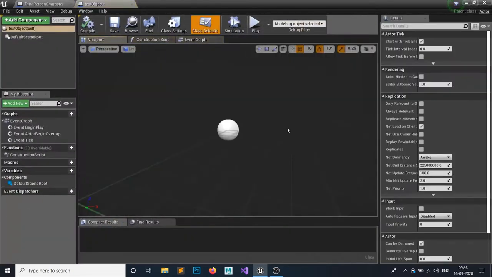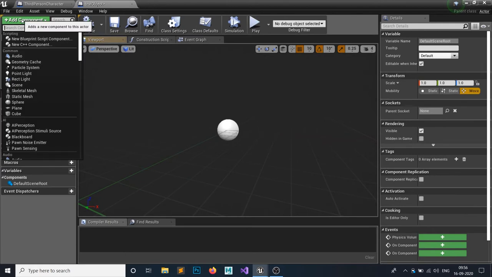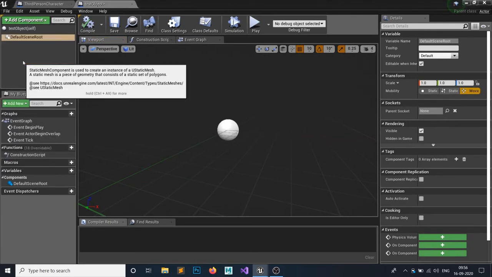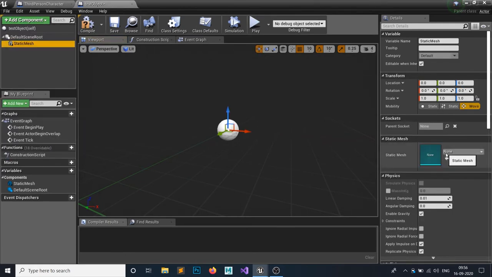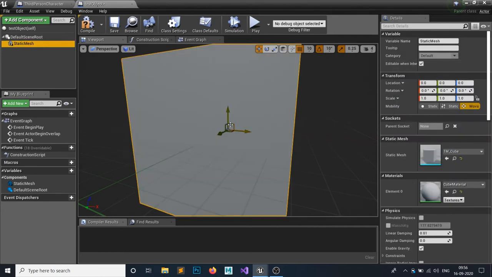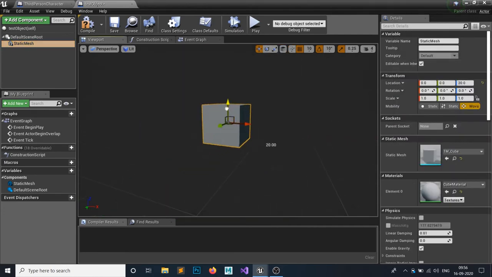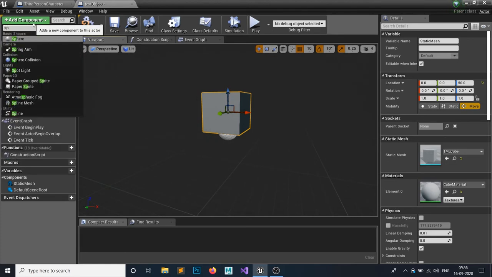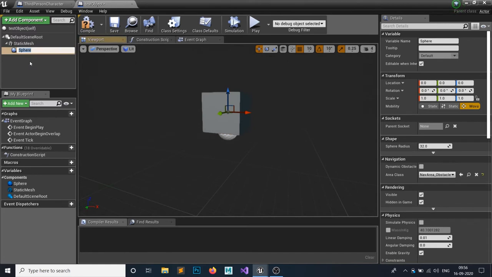If you open it up, it will open something like this. For the test object, I'm going to add a static mesh, and the static mesh would be a cube, a 1 meter by 1 meter by 1 meter cube. I'm going to make it bigger, and I'm going to add a sphere collision because I want to show you some things.